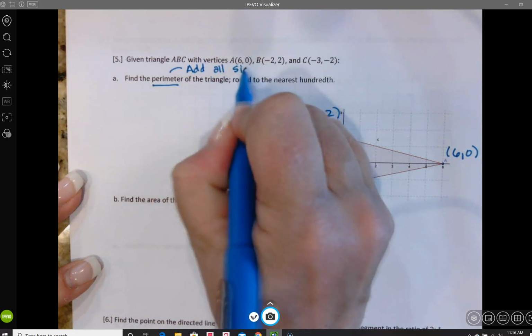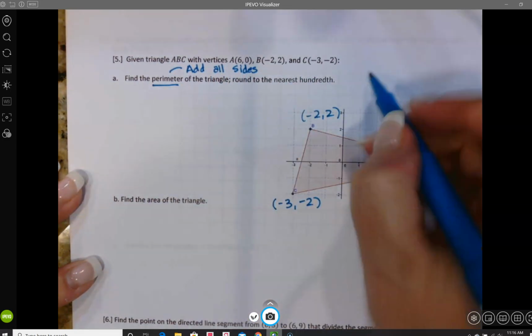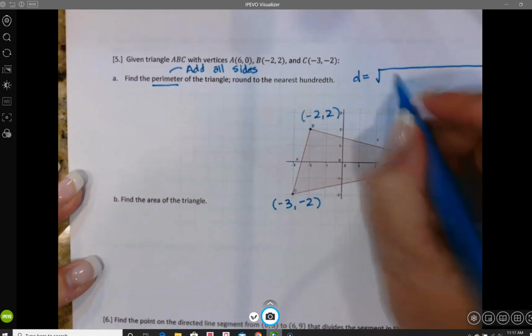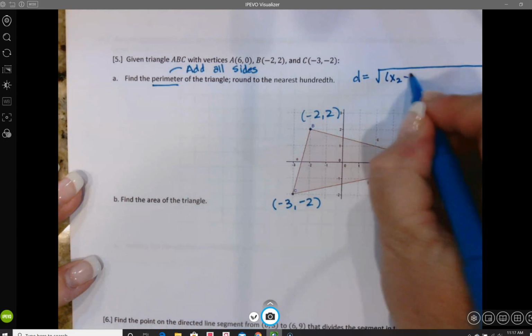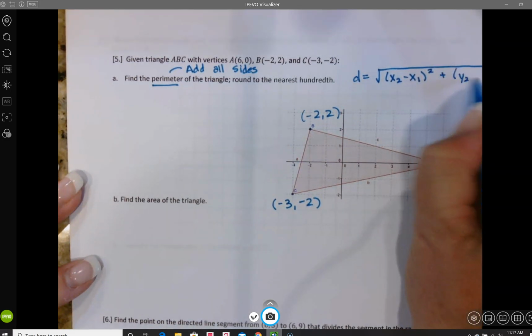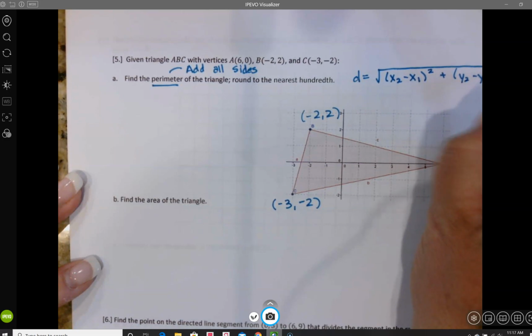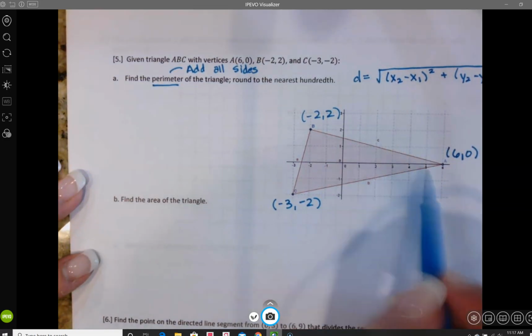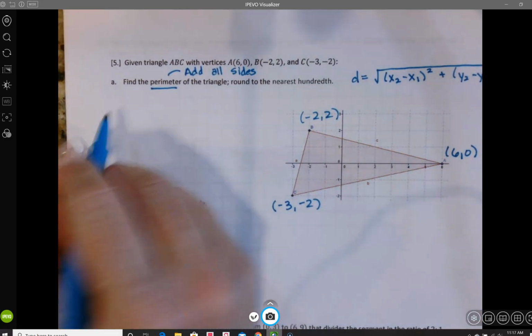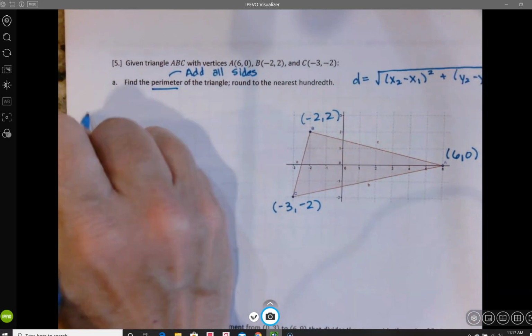So we need to find the lengths of all the sides, and whenever we find length, we're going to do that using the distance formula. So we're going to take and subtract our x's and square that number, subtract our y's and square that number. So for each side, we're going to have to do the distance formula, and then we'll add all the numbers up together. So I'm going to find the length of AB,